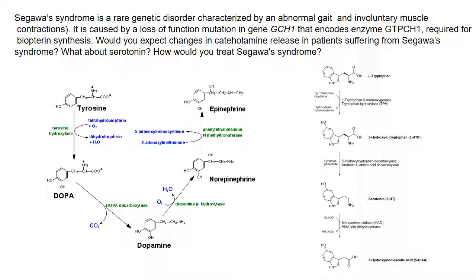Based on this, I want you to think, would you expect any changes in catecholamine release in patients suffering from Segawa syndrome? How do you think this can lead to abnormal gait and involuntary muscle contractions? And what about serotonin? And how would you treat Segawa syndrome? Based on these schematics, what do you think would be the proper treatment for